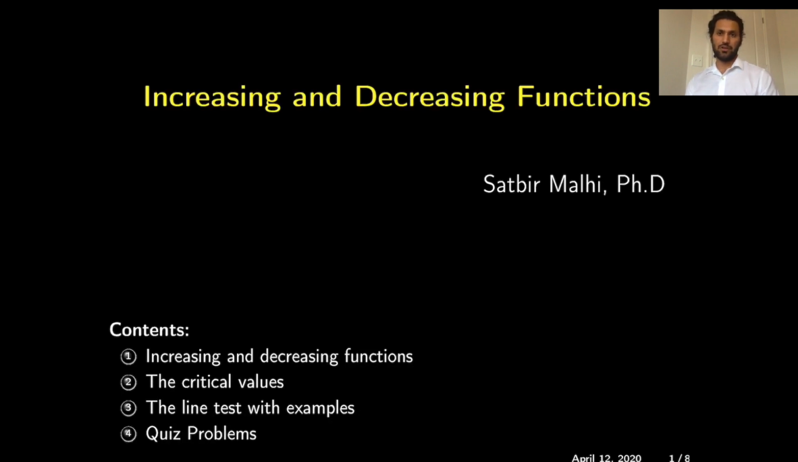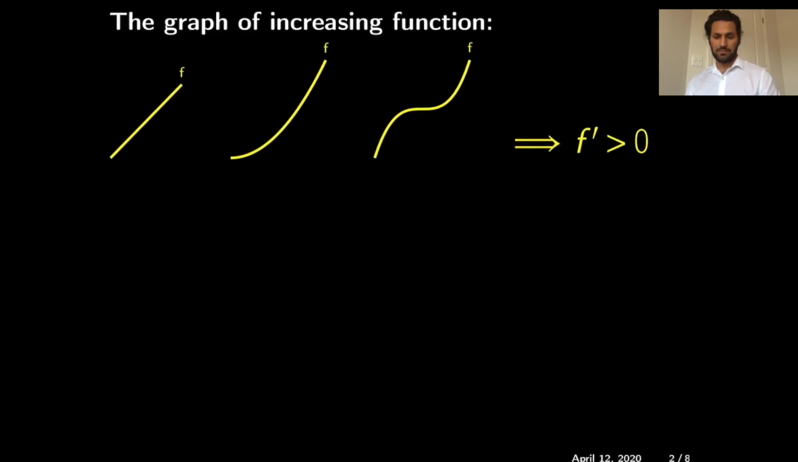In this video, the topic of our discussion is increasing and decreasing functions. Here I have the graph of some increasing function, and we can notice that if I draw a tangent line at any point of the graph of the increasing function, the slope of that tangent line will always be positive. So this implies that an increasing function has the property that its derivative is always strictly